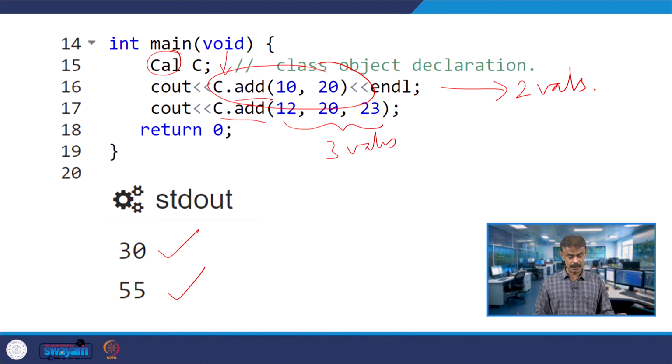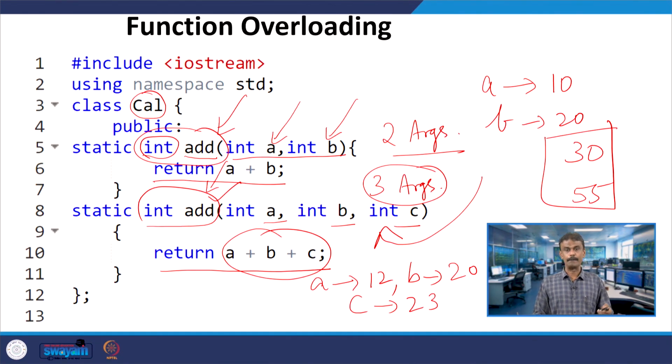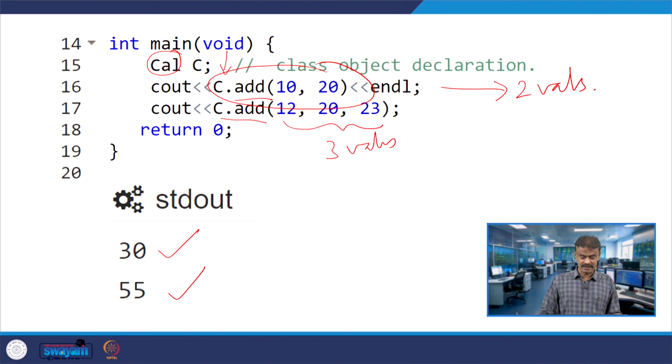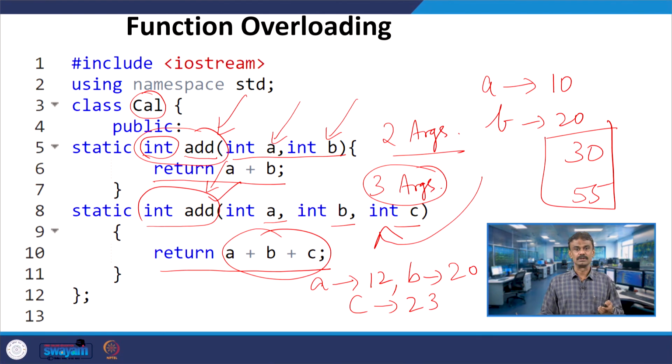Since you have passed 2 values, the 2 argument member function will be called. This will be decided during compile time. Similarly, in line number 17 you have passed 3 values, so the compiler will decide to call the 3 argument member function.